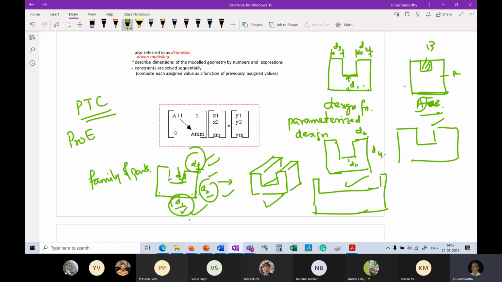Now this is important because that is what actually gave a lot of the value to Pro-E, that it could do this very fast. And let me see the next picture and then I can,